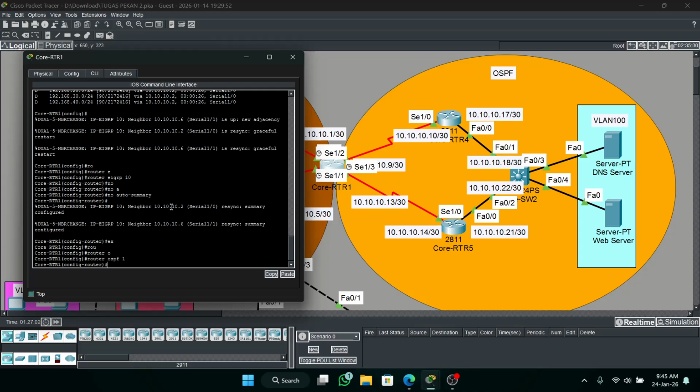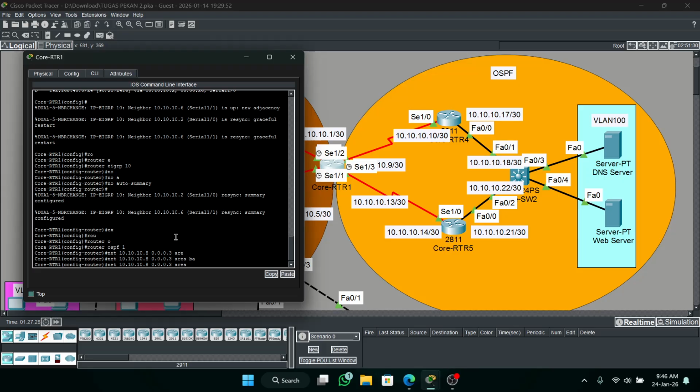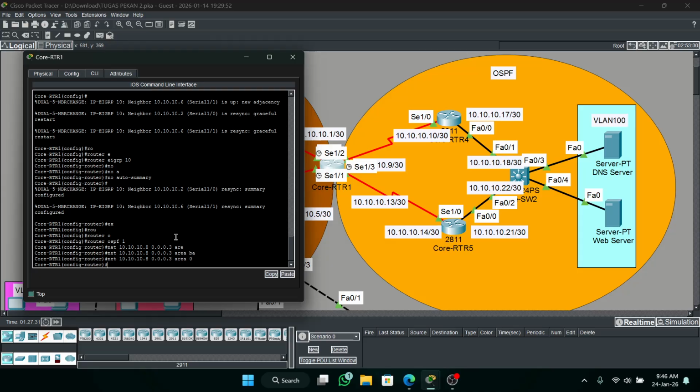Router OSPF 1, network 10.10.10.8, because this is 9 and 10. 0.0.0.3 area backbone, area 0, I mean. Okay, and next is 13. This is 12. Okay.